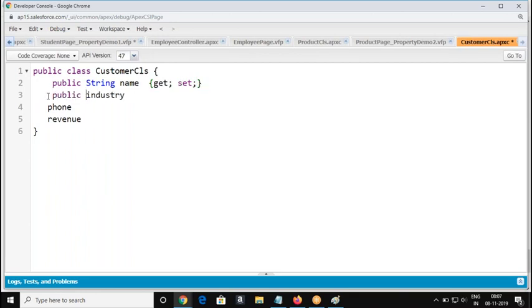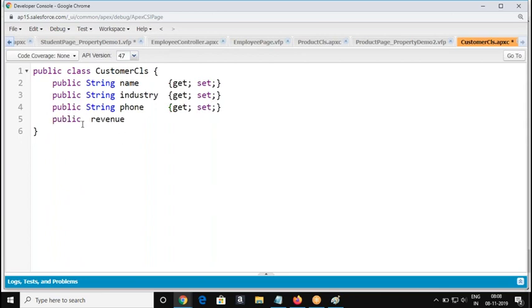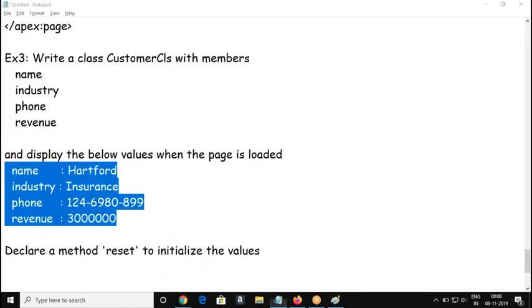Similarly, public, string, for me. Right. So what are you going to assign? So the values are going to be assigned.